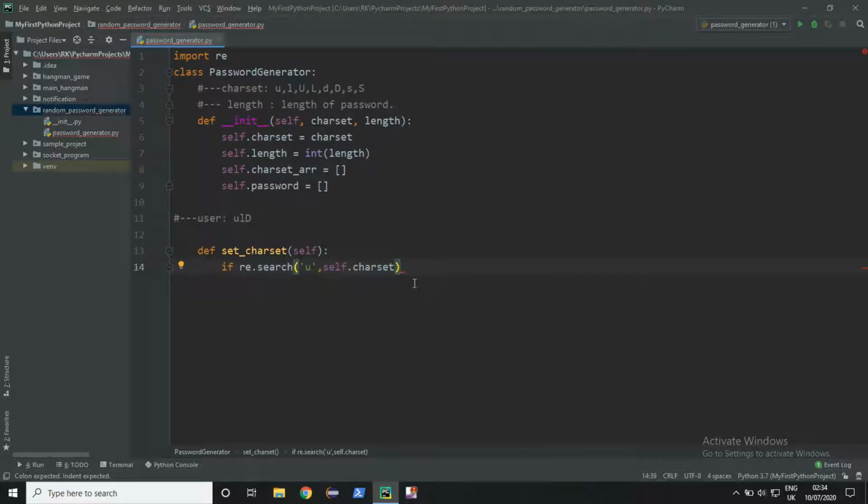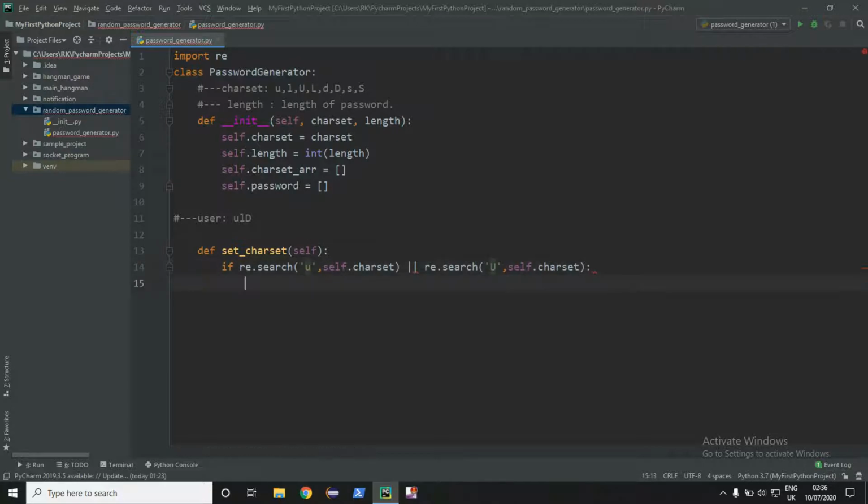If it matches, that means the user wants uppercase letters in his password. Or regular expression dot search capital U, since the user can enter a lowercase u or an uppercase U. So for that, both of them we need to check. That means the user wants uppercase letters in the password.